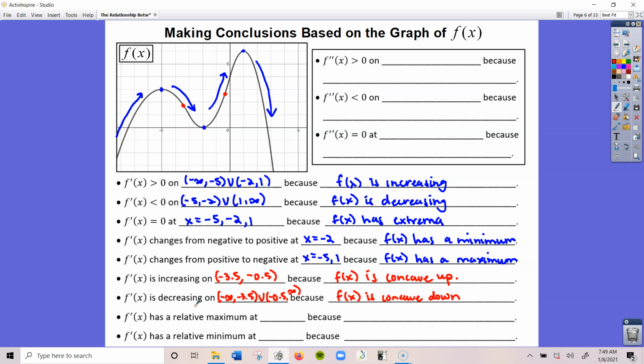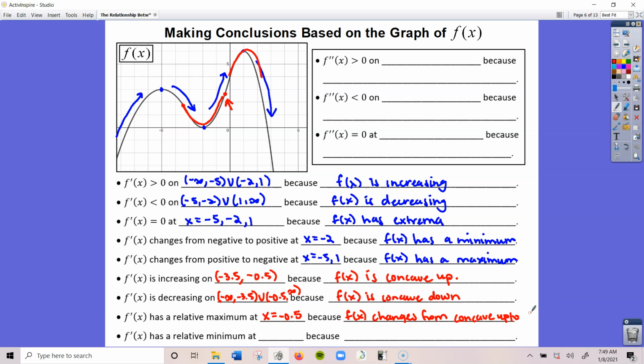Now, f prime of x has a relative maximum. The first derivative will have a maximum when the second derivative changes from positive to negative, meaning changing from concave up to concave down. And when it changes from concave up to concave down is right here at negative 0.5. So x is equal to negative 0.5, and we would say because f of x changes from concave